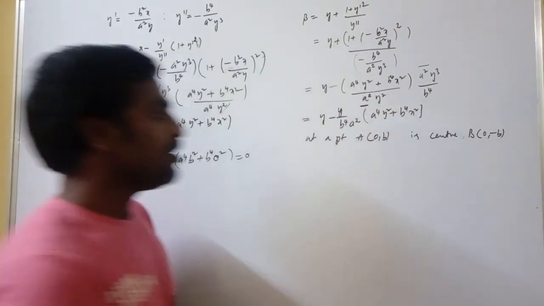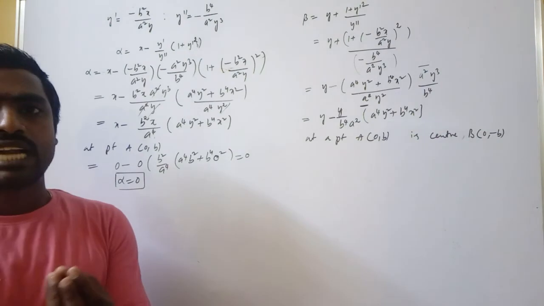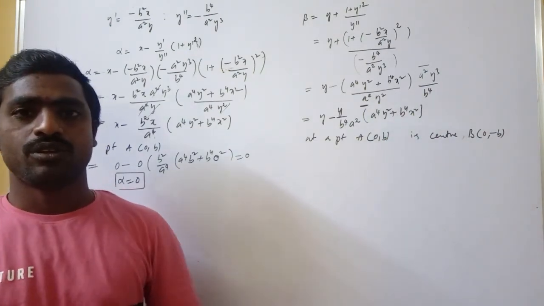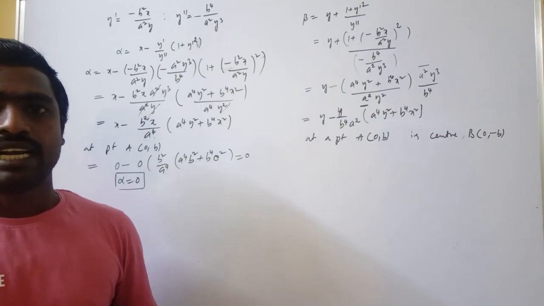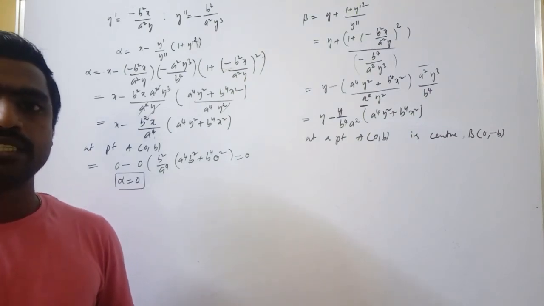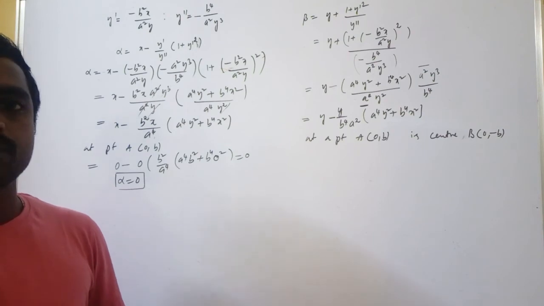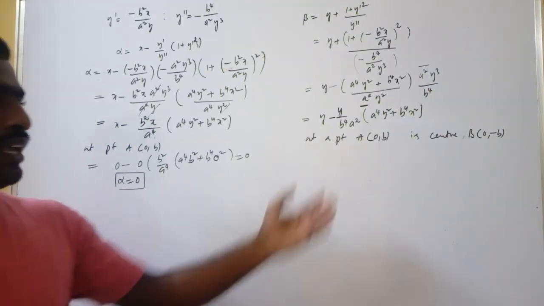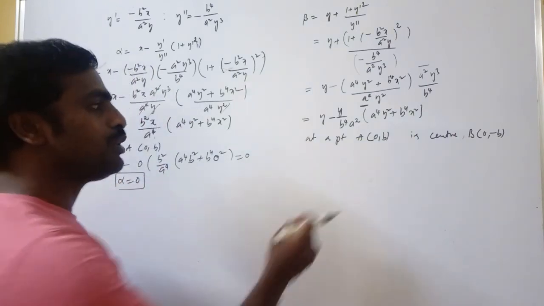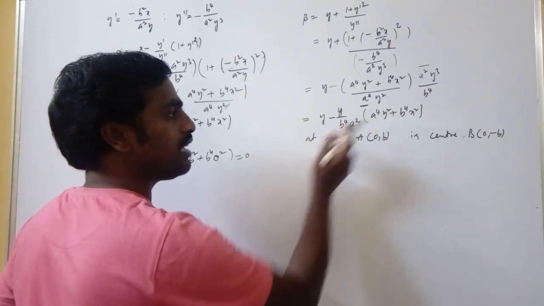That means when you are determining the center of curvature at point a, you get b. So that is the statement: the center of curvature on the ellipse at point a is b, and the center of curvature at point b is a. So a's center of curvature is b, and b's center of curvature is a. So first substitute at the point a, which means substitute the a value in the given one.